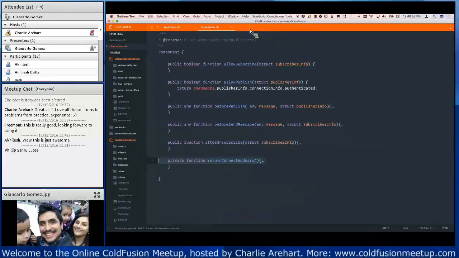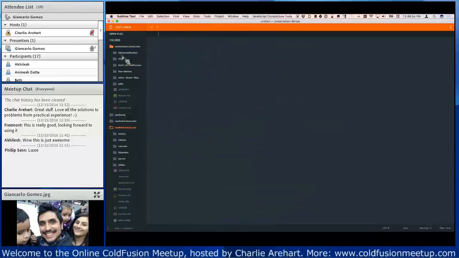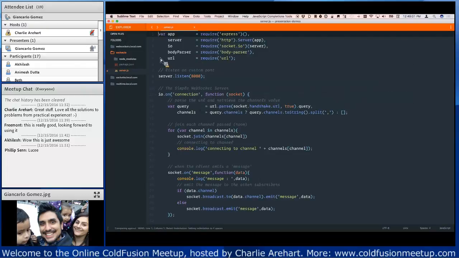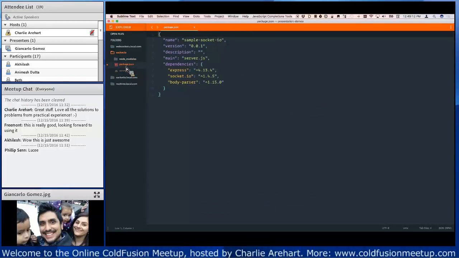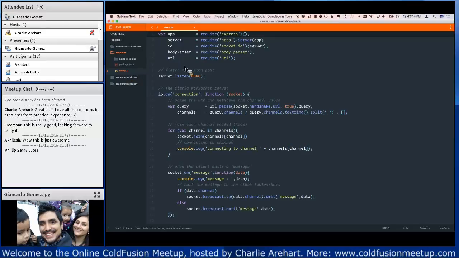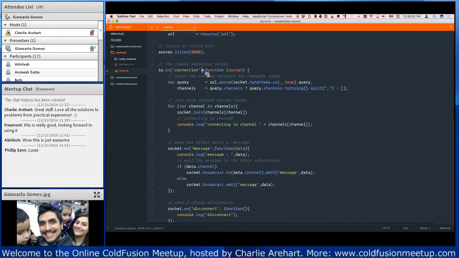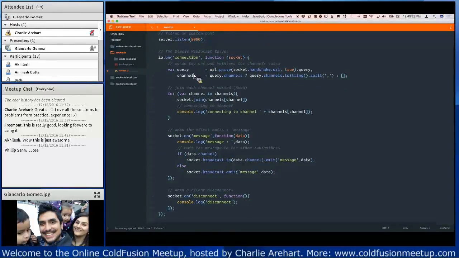SocketIO is built on Node.js, and if the code that I'm showing you doesn't make sense, I'll try to go through it real quick. Basically, this is me just creating a SocketIO server. There are a lot of Node modules I'm bringing in: Body Parser, Express, and SocketIO. If you've worked with Node, it makes sense to you. You have your package here. My server is starting on port 8080. Here's a simple WebSocket server. It's looking for connections. It's saying on connection,